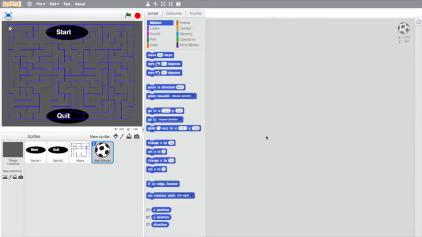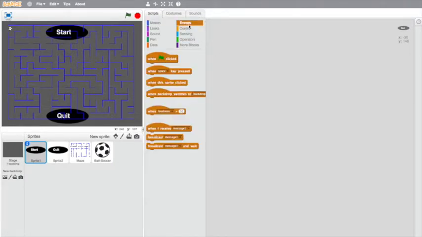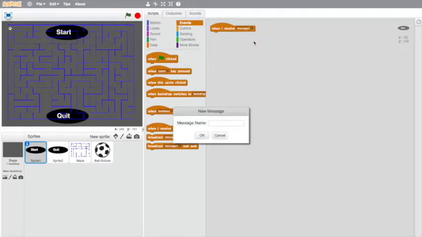Okay, so the next step, you're going to want to go to your start button. Let's make the start button first. For the start button, you're going to want to go to events, and then "when I receive," and then click on this down arrow, new message, and let's just name it start. When I receive start,